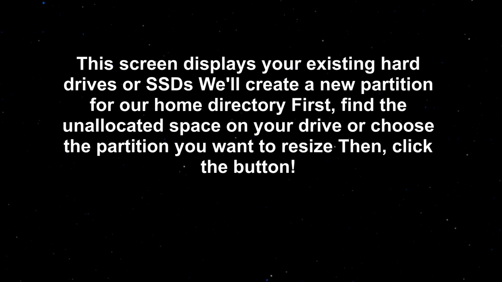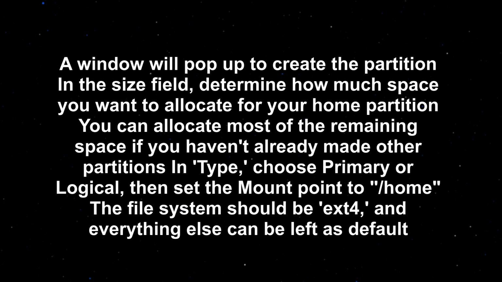This screen displays your existing hard drives or SSDs. We'll create a new partition for our home directory first. Find the unallocated space on your drive or choose the partition you want to resize, then click the plus button. A window will pop up to create the partition. In the size field, determine how much space you want to allocate for your home partition. You can allocate most of the remaining space if you haven't already made other partitions. In type,